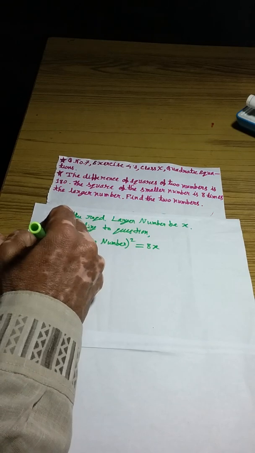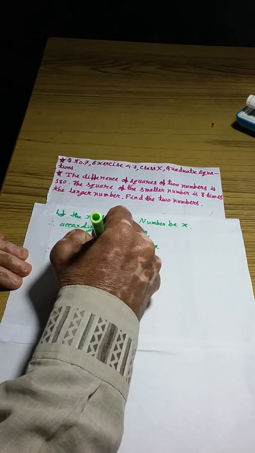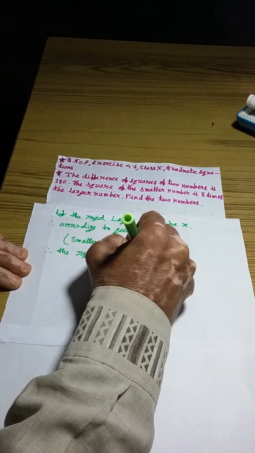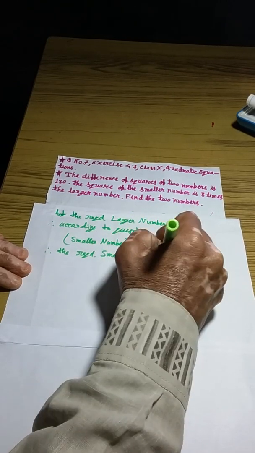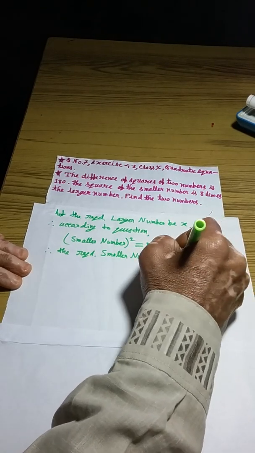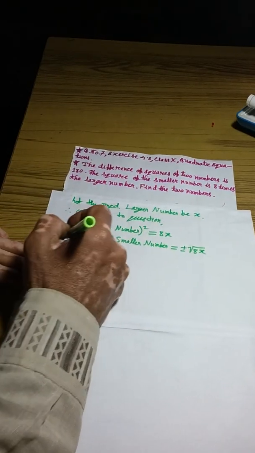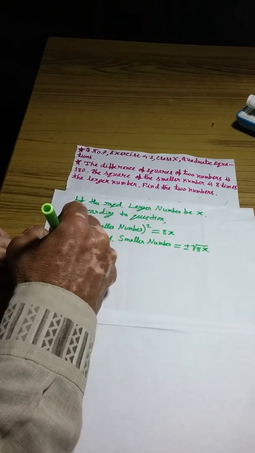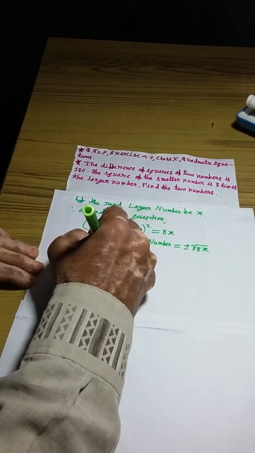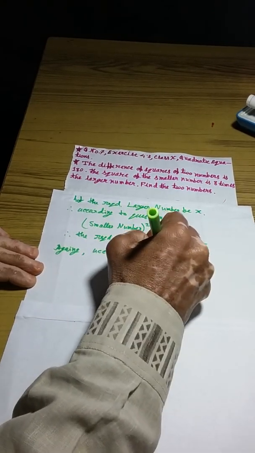Therefore, the required smaller number is equal to plus minus square root of 8x. After this, write in this way. Again, according to the question,